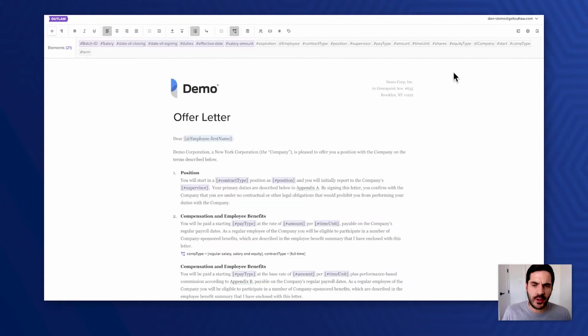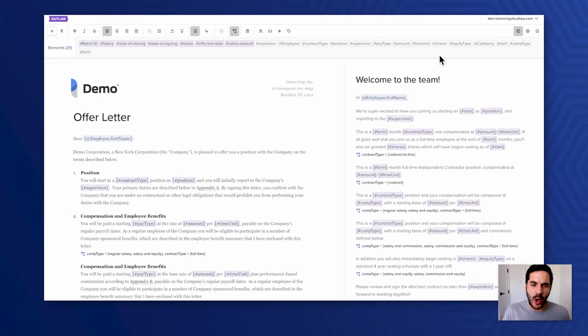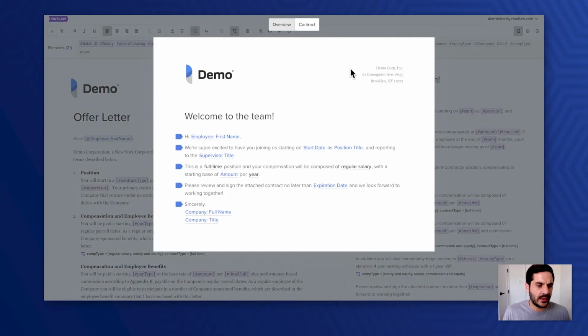The next feature I'd like to highlight that's something truly unique to Outlaw is the overview layer. And what you're seeing here is completely optional. It can be used as a cover letter, cliff notes, and even an intake form for your documents as you see fit. Let's fill in some of the information during a preview so you can see how it really works.